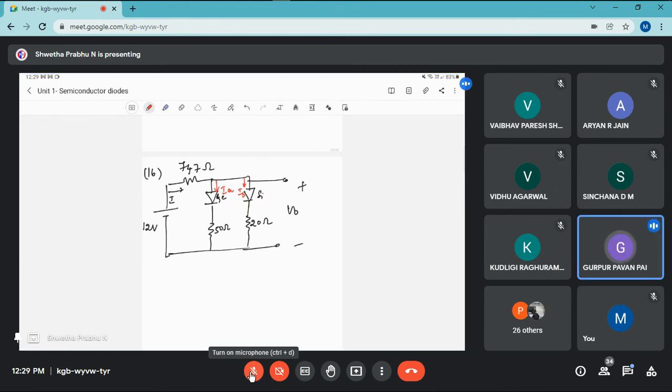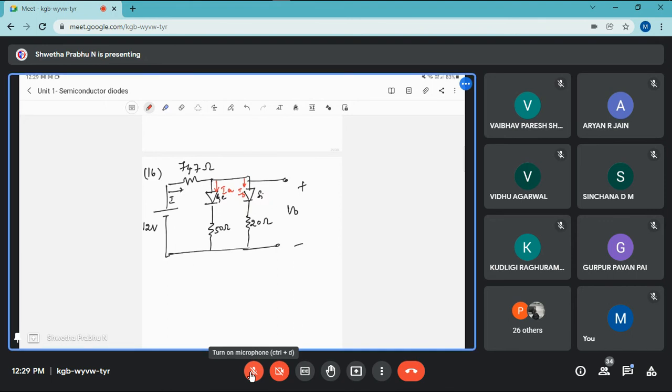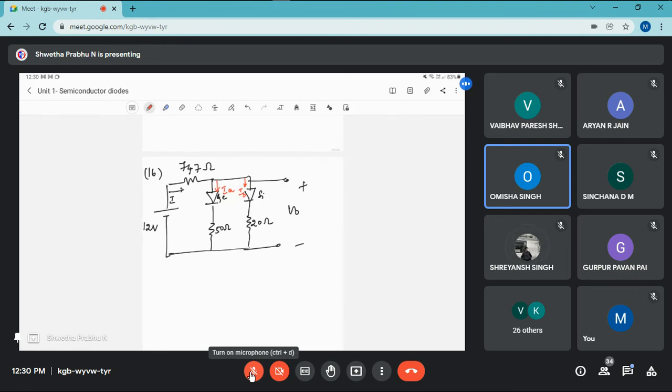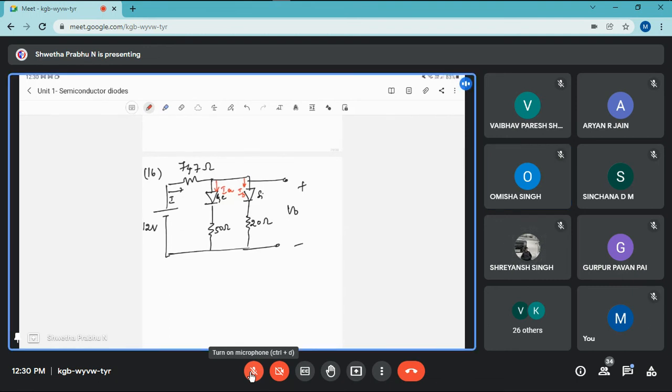Ma'am, that time we connected diodes in parallel. You said through one the current won't flow, no, ma'am. Come again. When diodes are in parallel, the current flows through germanium diode instead of silicon. But here there are resistances also. Here you have 747 ohm resistance, right? Yes, ma'am. No, you can't consider that particular case over here.